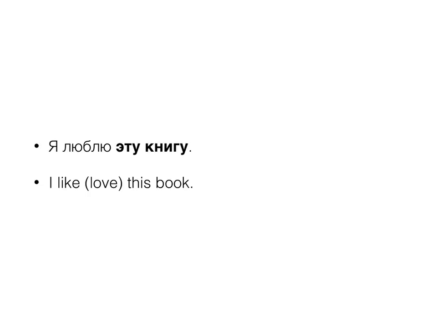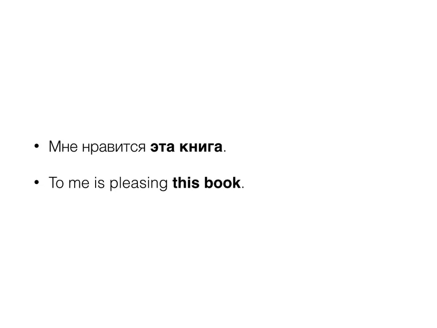But then you need to contrast it with this construction, мне нравится эта книга, where clearly here the book, which is the thing that is liked, is not in the accusative case. It's not the direct object. And that is because we can literally translate this sentence in English as to me is pleasing this book. Or if we change the word order around to make it more natural English, this book is pleasing to me,